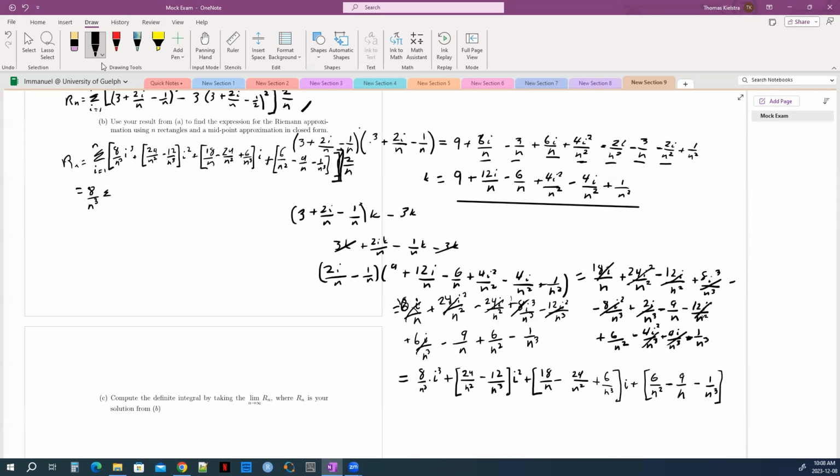So this is going to be 16 over n to the 4 sum i equals 1 to n i cubed plus